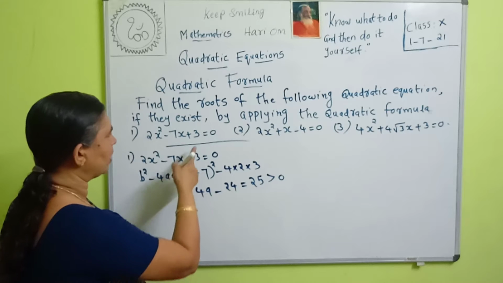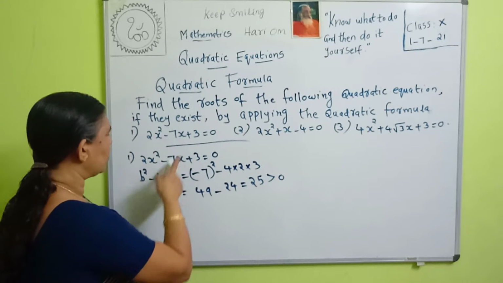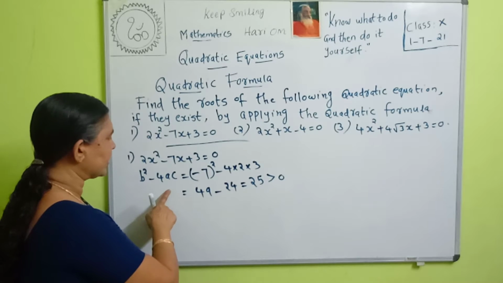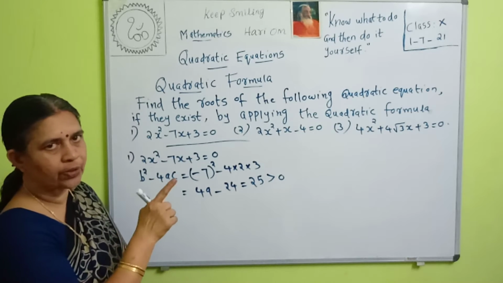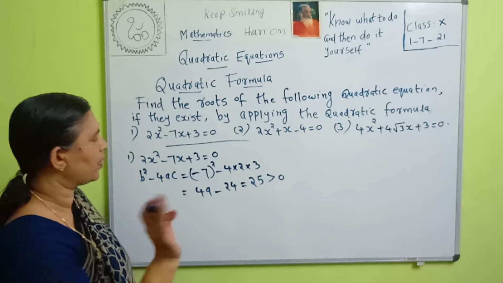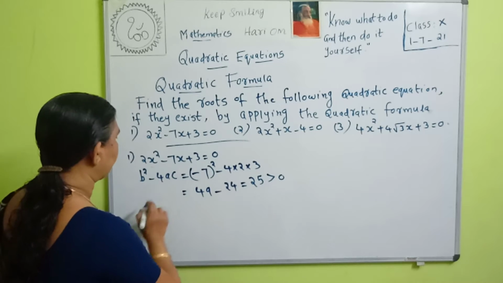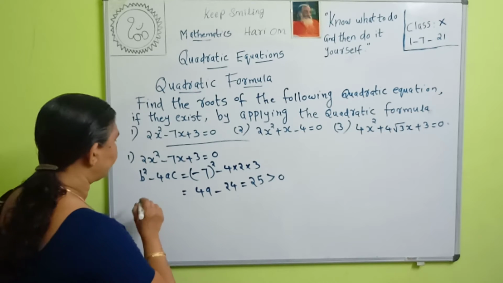So we can find the roots of this equation using the quadratic formula. First you find b square minus 4ac and check whether it is greater than or equal to 0. If it is less than 0, then you write that the equation has no real roots. Here 49 minus 24 is equal to 25, which is greater than 0. Then we can apply the quadratic formula. Therefore,